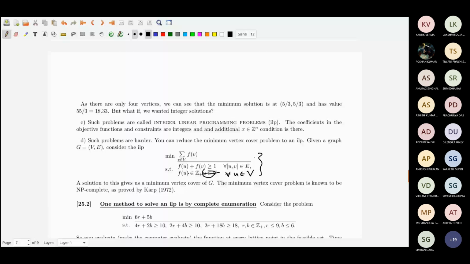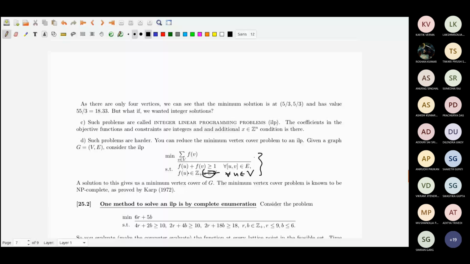So anyway, this is translation. This problem is getting translated. Like in computers, the algorithm word would be reduction. Anyway, because the minimum vertex cover problem is known to be NP complete, this is an old proof by Karp only.